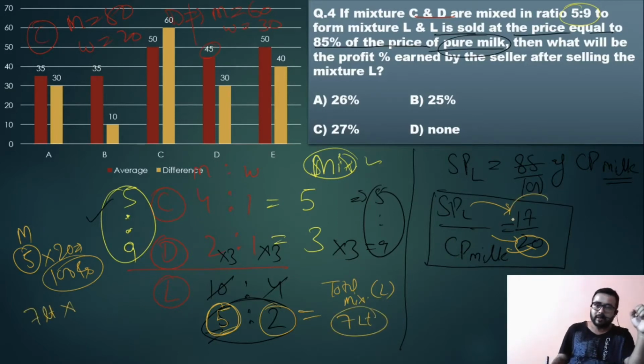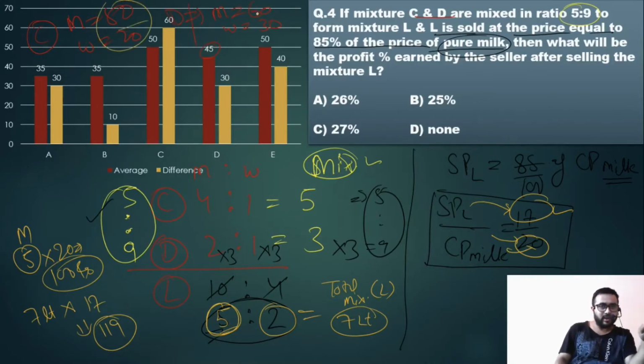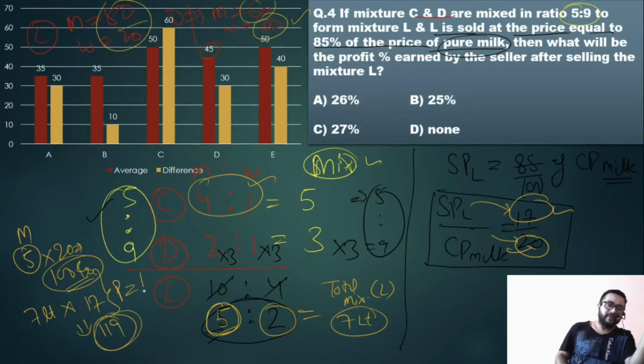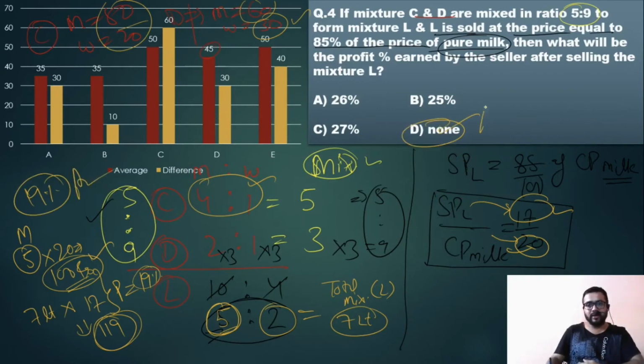So if you have this 7 liters, what is the price of 1 liter? Let the price of 1 liter be 17. So what you're going to get? You're going to get 119. I've already told you, you can use these values 80, 20, but your calculation is going to be very lengthy. So that's why I used this ratio method here. By using ratio, your calculation will be slightly less and your question will be solved in less time. So see here, now cost price is 20 into 5, you're going to get 100. Now this 17 into 7, you're going to get 119. So what will be your profit? Your profit will be 19 rupees. And 19 rupees on what? 19 rupees on 100. So you're going to get 19%, and this is the right answer. So none will be the answer of this question.